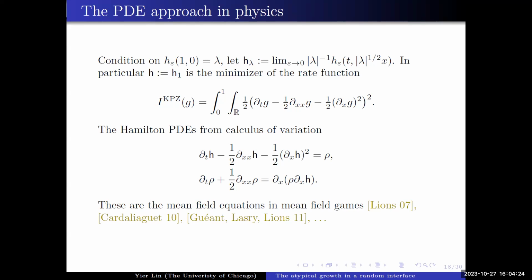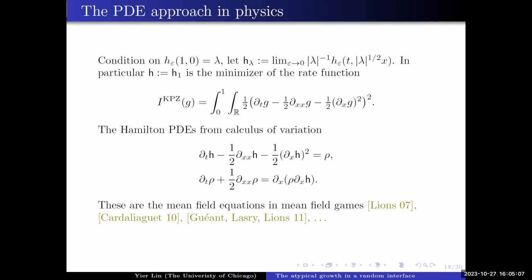What we're going to do is we can do some calculus of variations. It's the same as when you want to understand where is the minimizer of a one variable function. You just take the derivative, find the critical point. Here, I'm going to do some infinite dimensional version of that. And what you can derive is some equation. Actually, usually from this kind of expression, you will get a second order Lagrange equation. But what I'm going to do is write it as some first order Hamilton equation. Remember here, I will just let rho denote this expression. And what you derive from the Lagrange equation is exactly this expression.